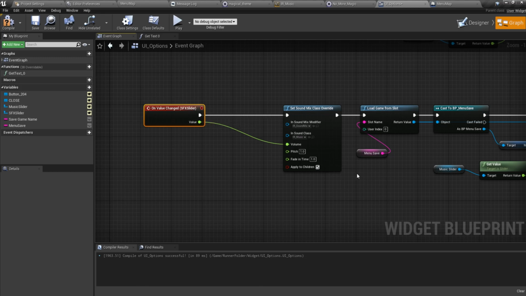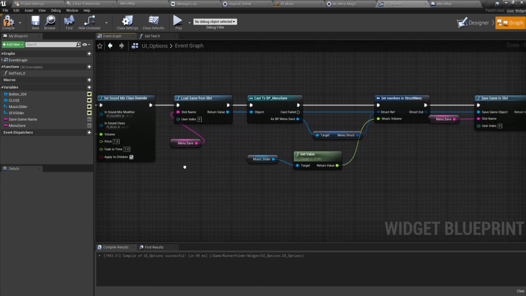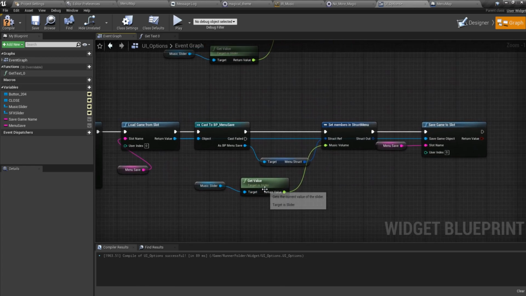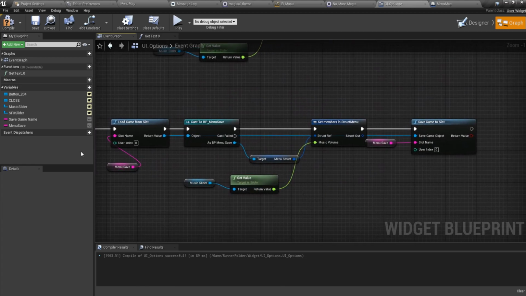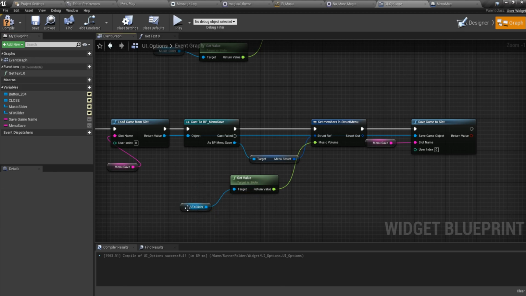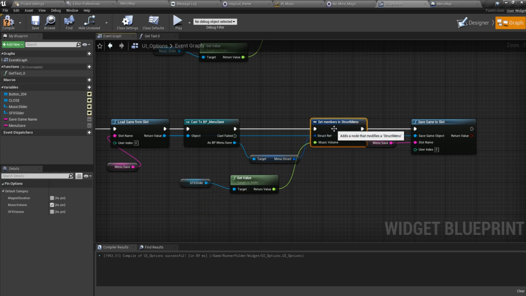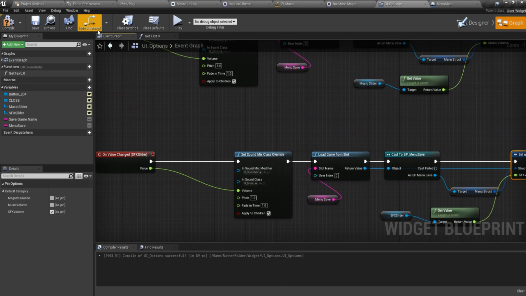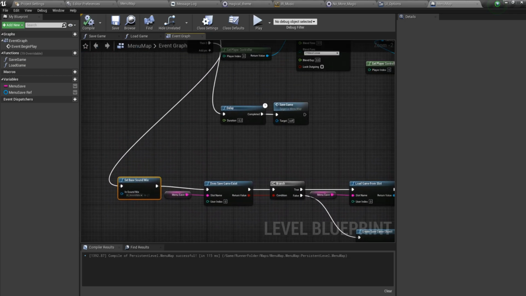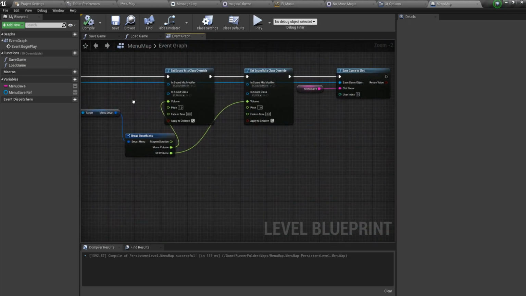Volume, we'll put in the SFX slider, and instead of that we want the SFX volume, and we save it. Just like that, we open up the menu map. We already have it saved in here,